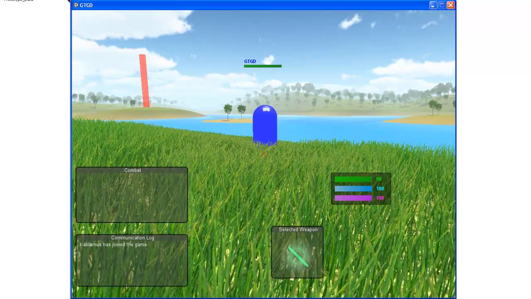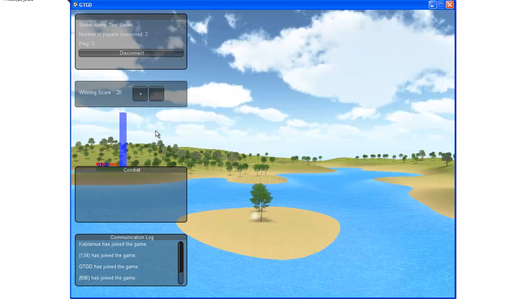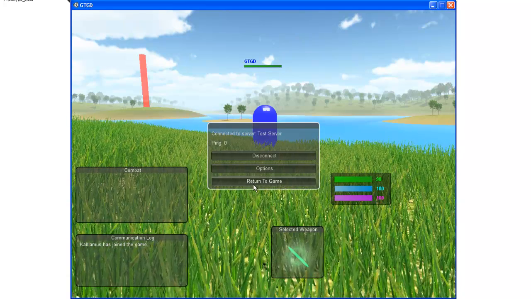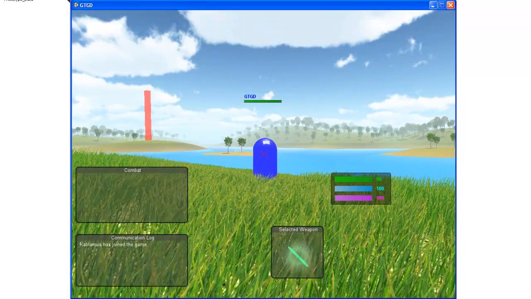Now let me load up the server. I'll just bring that server up. And you'll notice that it too looks a bit different in that there's a new box here, and inside it you can see winning score, and at the moment it's 20. So I can use this button and reduce that winning score. I'll just change it down to 1. So I'll go over back to the red player, return to the game,